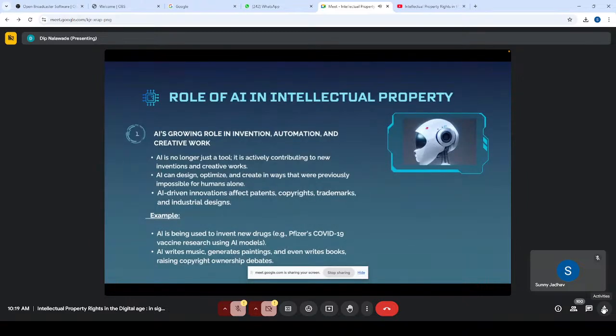Then comes the role of AI in intellectual property. Before delving into the digital era, I must say that we are at the start of a great digital era, which is going to change our lives forever. Many generations have survived till now, but from now onwards, it is going to be very different. AI has become a household name everywhere. I'm sure you all are taking help from ChatGPT, DeepSeek, and these tools even for your study.